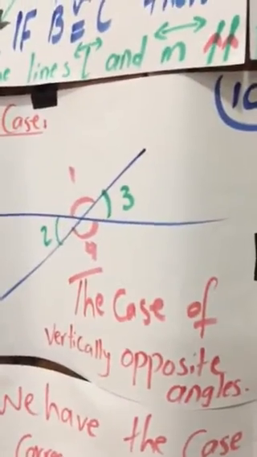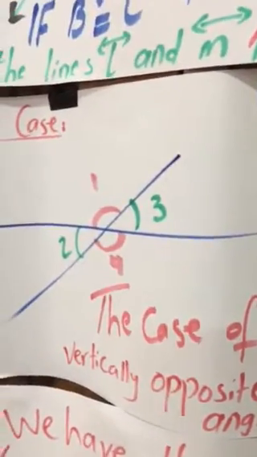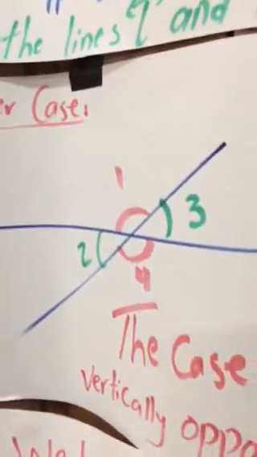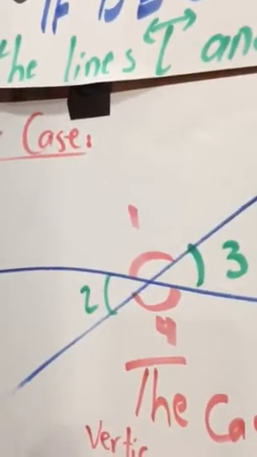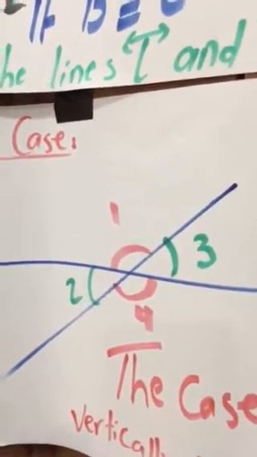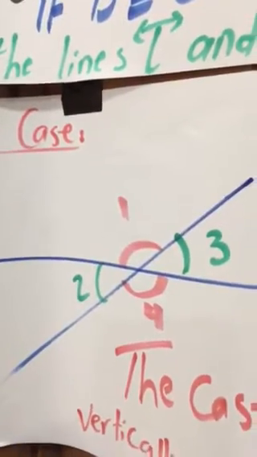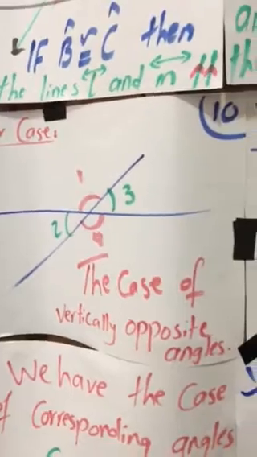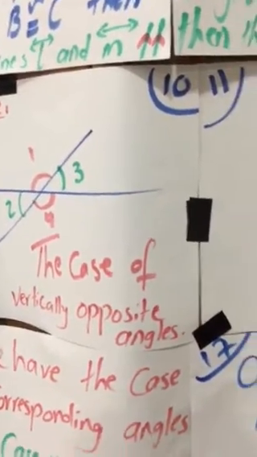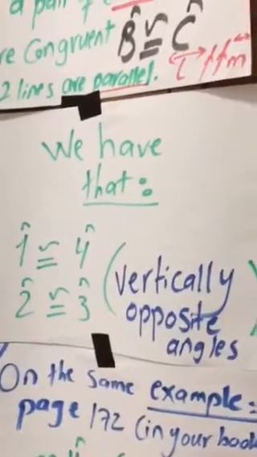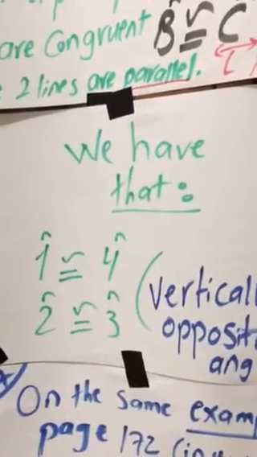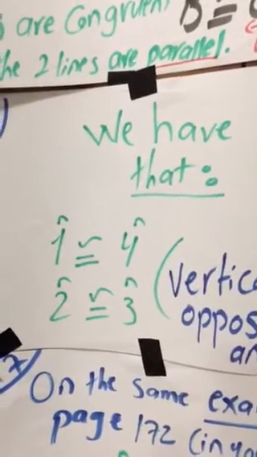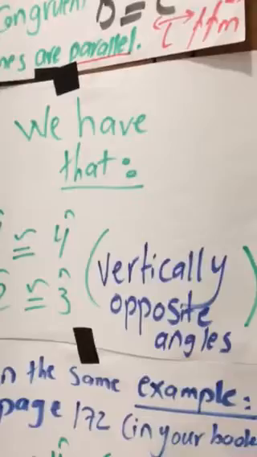But if you remember, we have another case: vertically opposite angles. We explained this case before. As you see, angles 1 and 4 are in red, and angles 2 and 3 are in green. These pairs of angles, 1 and 4, and 2 and 3, are vertically opposite angles. Here we describe this case. Angle 1 and angle 4 are congruent, angle 2 and angle 3 are congruent, and this pair are